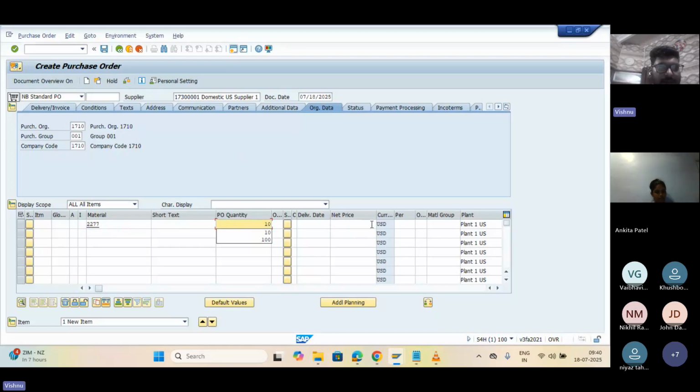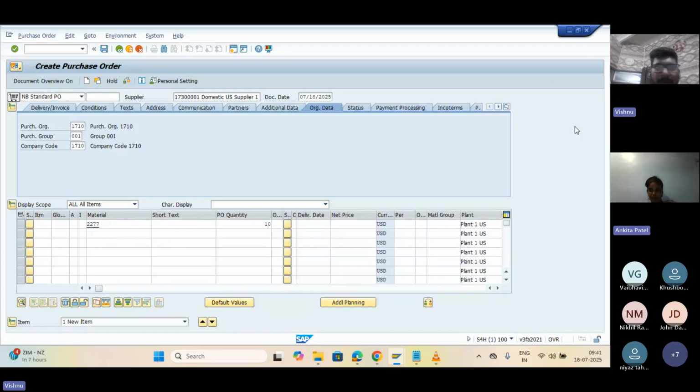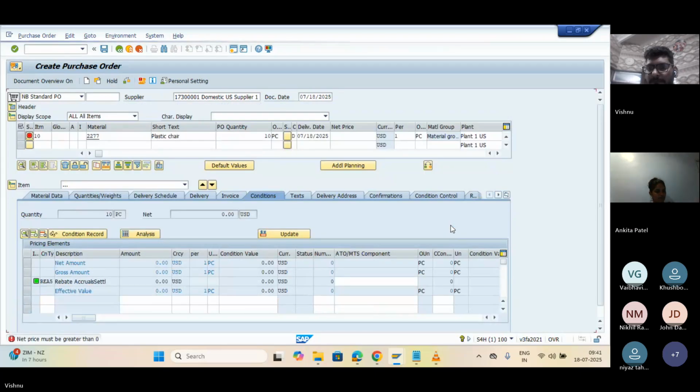We don't need to enter price and all. Just go here. Storage location is not this. Storage location is 7.1. So now change the plant, it's 7.10. Yeah. So now we can see that